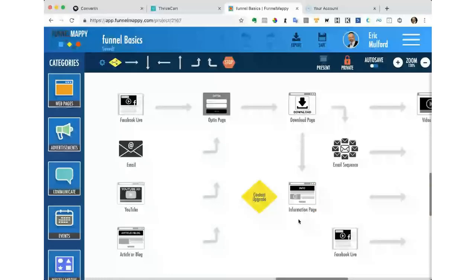Now, inside of my information page or my lead magnet that I give away, I use what I call content upgrades. And that is links embedded inside of the ebook that drives them, guess where? Into other stages in this funnel, right? The whole purpose is to get traffic, and it's highly